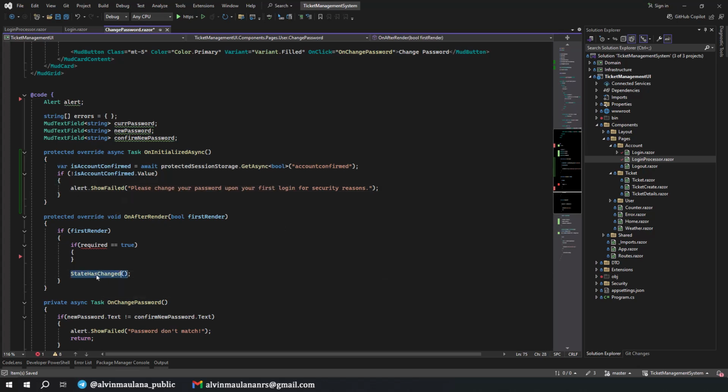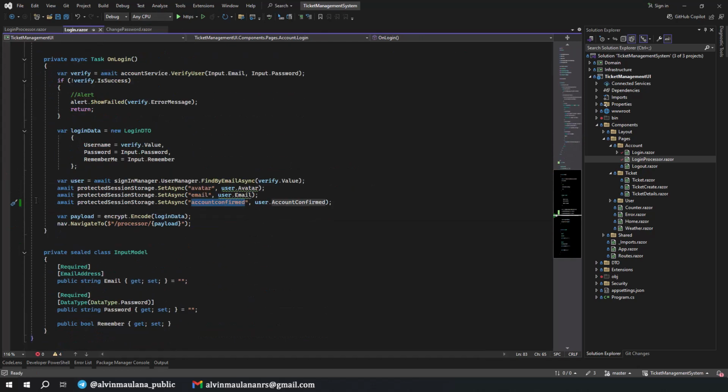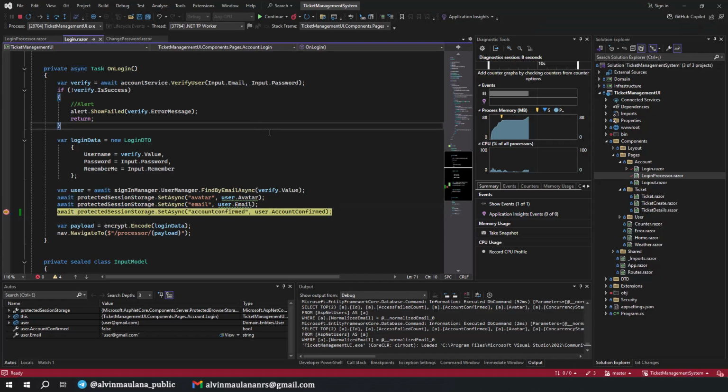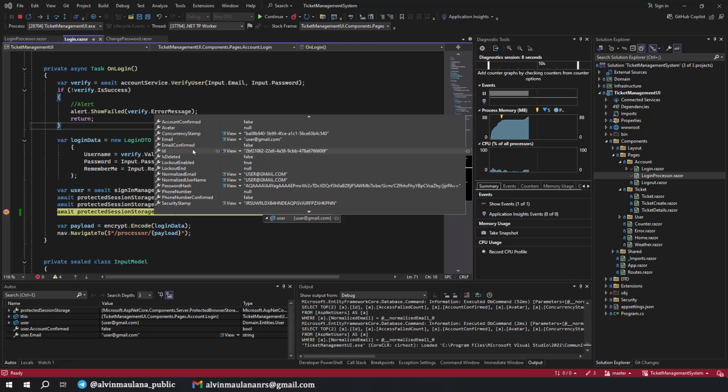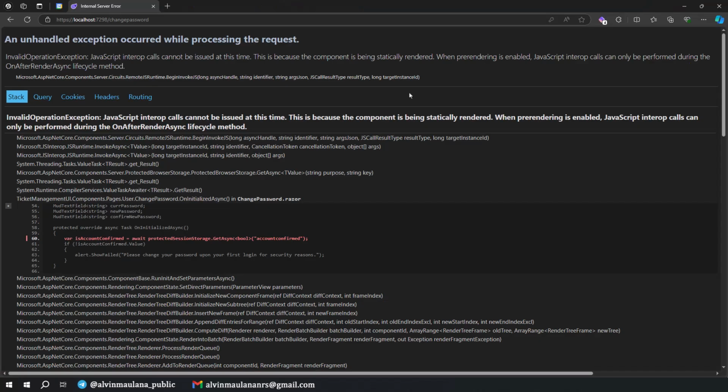Now I don't think we need to have this. So let me debug here. I want to check what the value of this is, and then try again. I try to log in here. We get to the breakpoint. We check if user account confirm is false. Okay, correct. I continue.